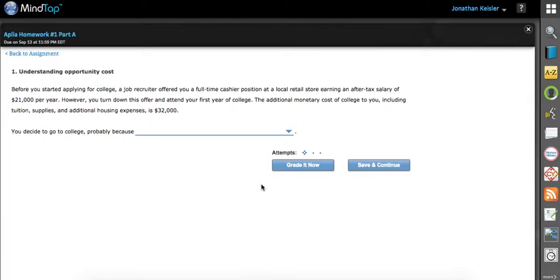Now, the other option here is grade it now. When you have questions that have multiple attempts, where you had the 3 boxes, you will always have a grade it now option. Okay, this is your first attempt, there's your second, there's your third, if you see my cursor moving here. Say you were to enter the wrong answer. Well, it would be 0 for 1. Okay, you would have another attempt